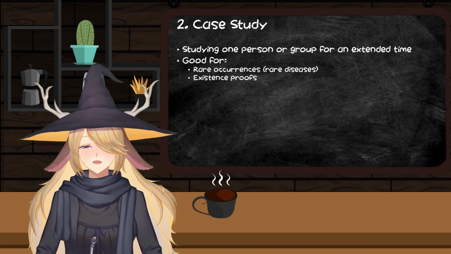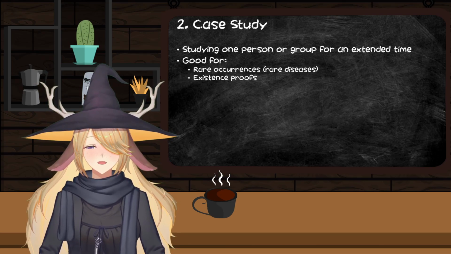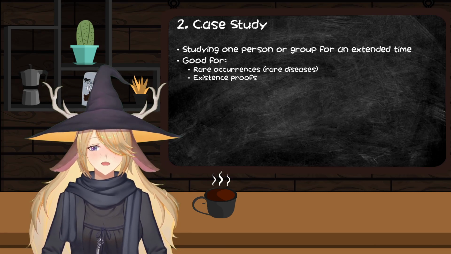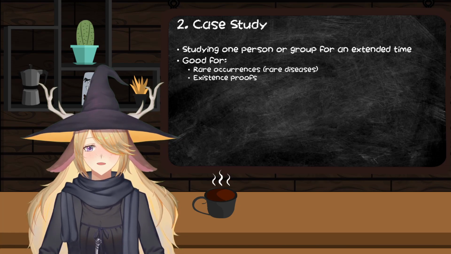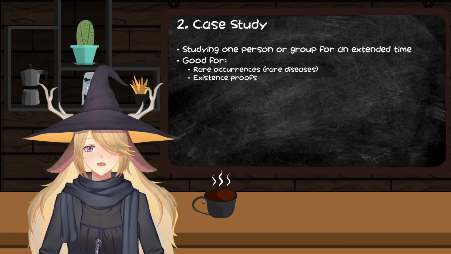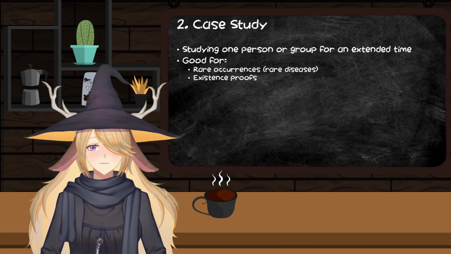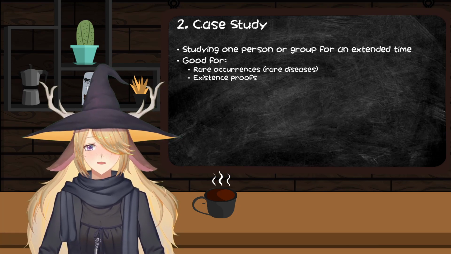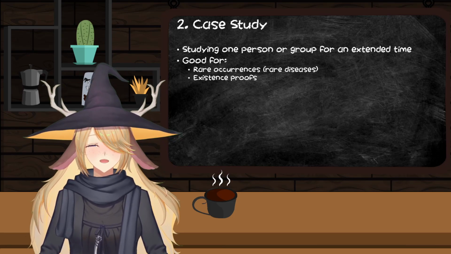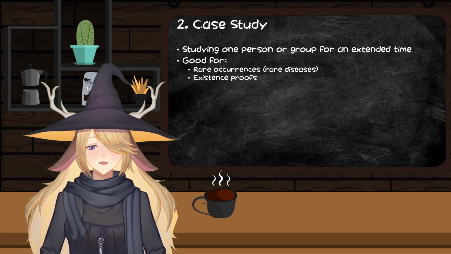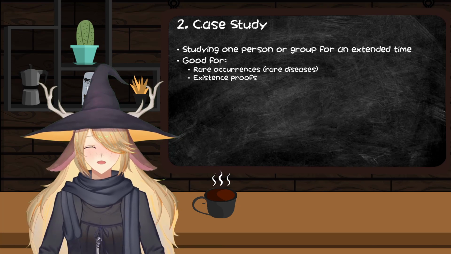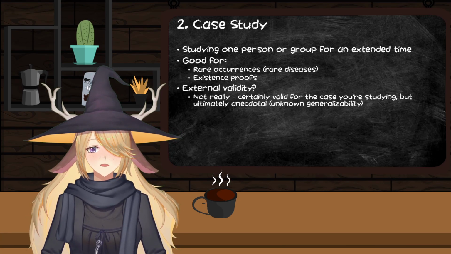Like we'll talk about in the future when we get to the biology of the brain, we'll talk about Phineas Gage. But Phineas Gage, cliff notes before we get to him in the lecture, had a railroad spike blown through his head and he didn't die. So he became a case study in how the physical brain interacts with people's behaviors. I mean, after all, he had a railroad tie shot through his head. In those cases where you might only have a handful of instances across the entire world, case studies are a great way to gather data, even if it's just to prove that that thing exists to justify later research.